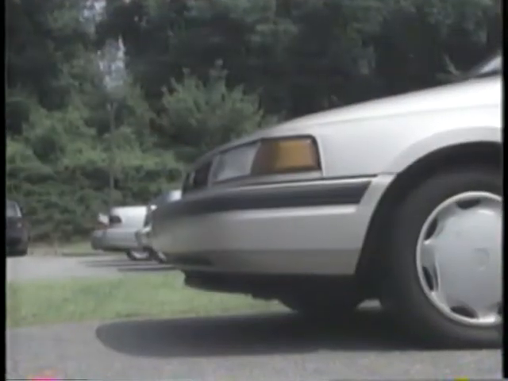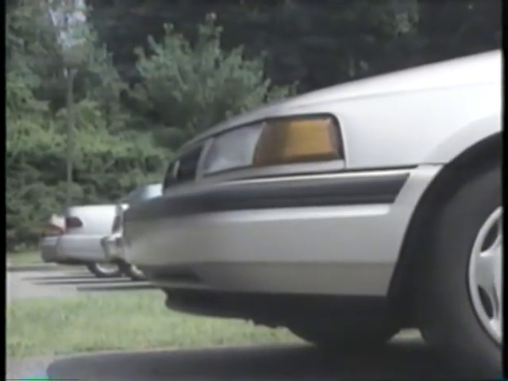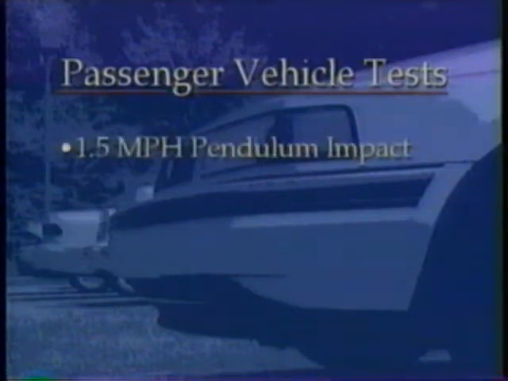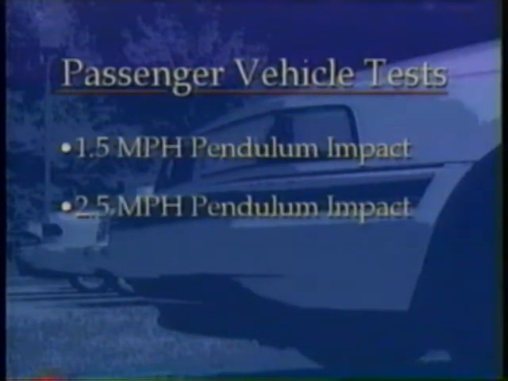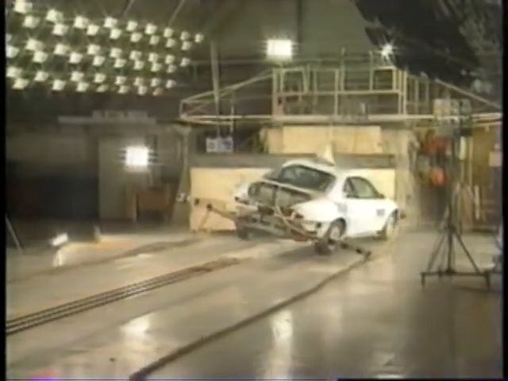In a low-speed crash, the bumpers of a vehicle are designed to absorb a great deal of the impact and reduce damage to the vehicle. In tests, passenger vehicles are subjected to 1.5 mile per hour and 2.5 mile per hour impacts from a pendulum-like device whose weight is equal to the weight of the vehicle, followed by 2.5 mile per hour forward and rearward fixed barrier impacts. After the impacts, there should be no defects in major systems, such as the lighting system and